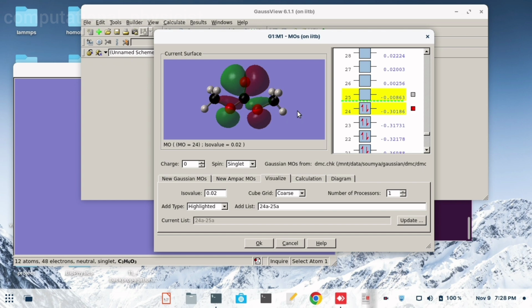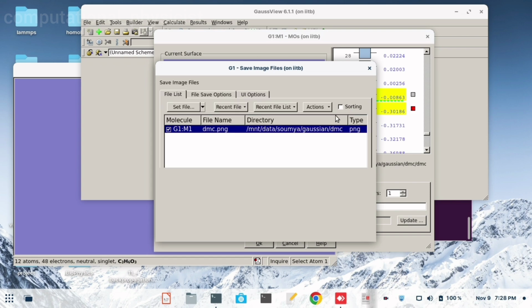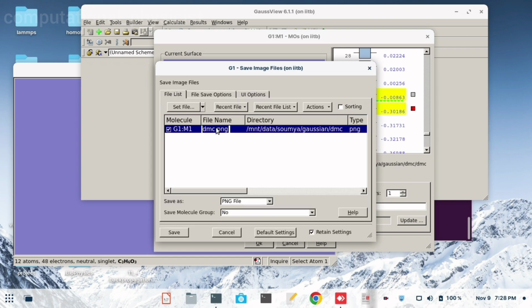And if you want to save the file, like if we want to save this HOMO plot for DMC, you have to right click here, then go to File, Save Image As file. Then here instead of DMC we can specify that this is the HOMO one, and you can give the name, and it can be PNG file or TIFF or any file you want.